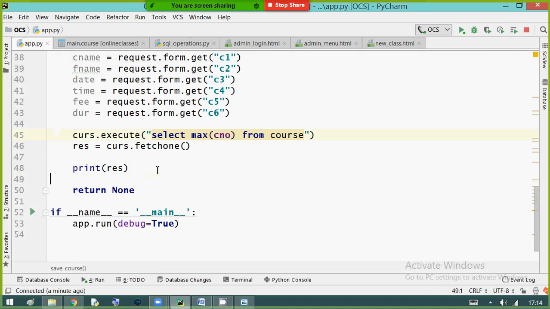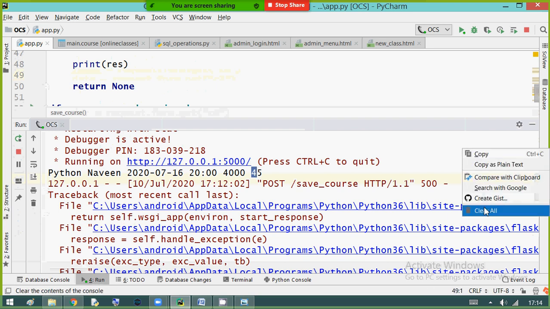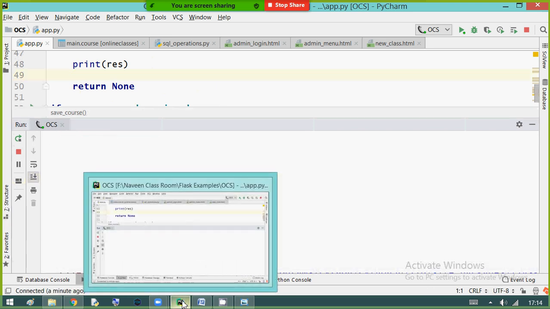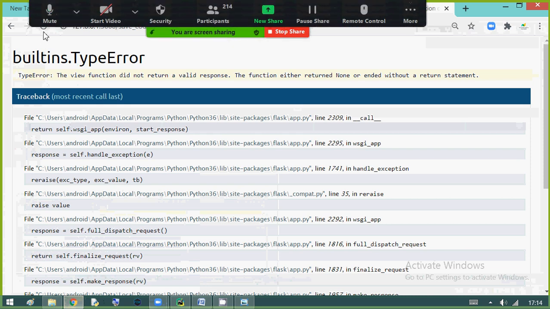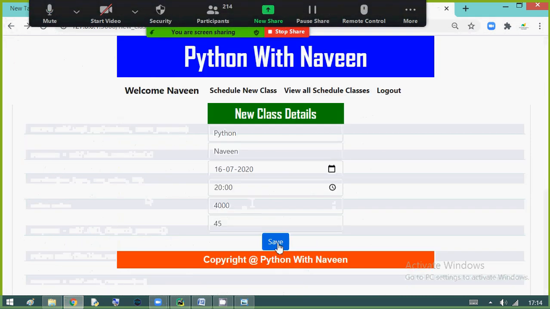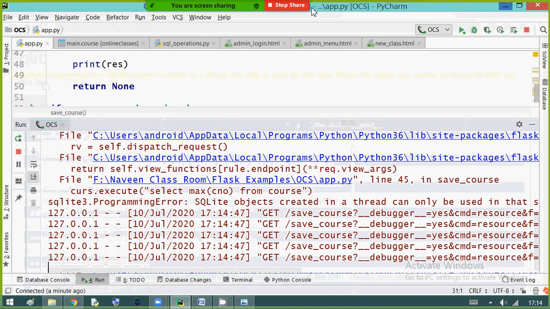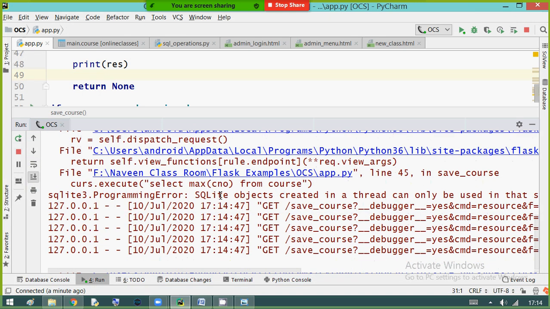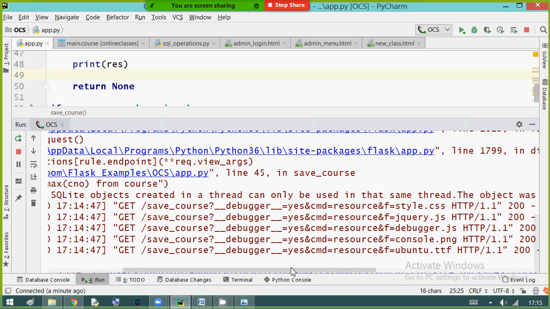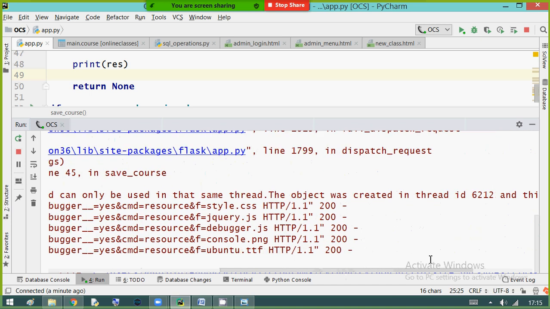Clear all this stuff. Back to the browser. Just refresh. SQLite3 programming error: SQLite object created in one thread but used in another thread.